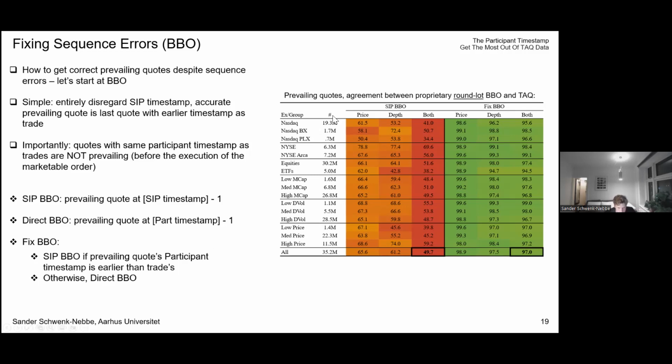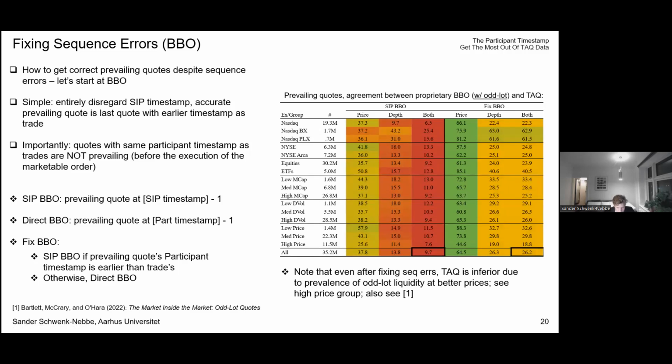So if we use the SIP BBO and then compare that to the accurate prevailing quote, in this case from the proprietary data, so from NASDAQ ITCH and New York Stock Exchange integrated feed data, then only 50% of the trades in the sample yield both correct prices and depths. Only if we use the participant timestamp, we get to something that is very close to the true data, 97%, so almost perfect